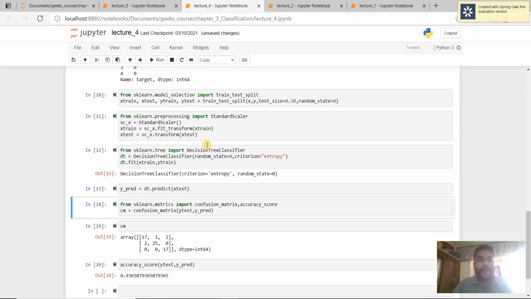After that I predict on x test, because in a decision tree we first fit the data on x train and y train, and after that we predict the values of x test on the basis of x train and y train.